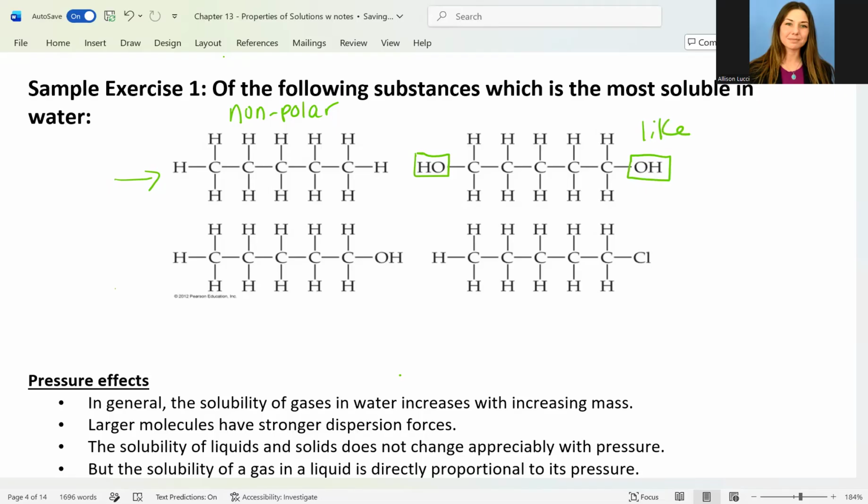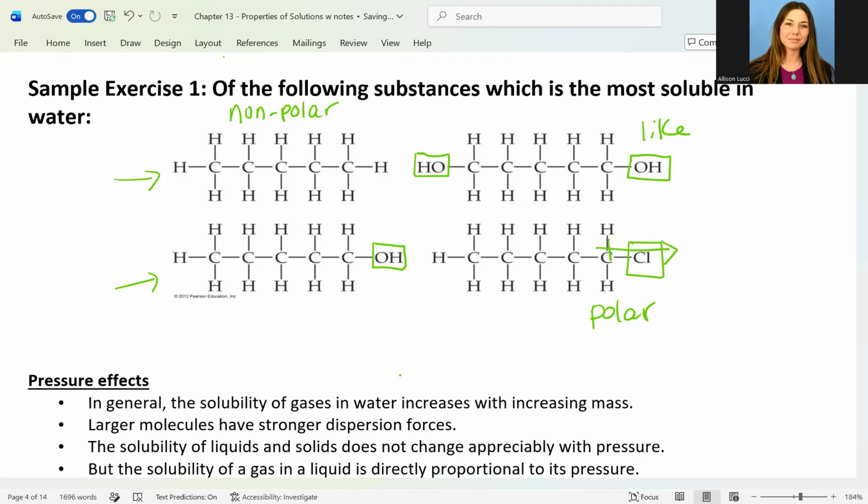This molecule down here on the lower left can hydrogen bond with this OH group here on the end, but the rest of the molecule is nonpolar. And then over here, I see all carbon, hydrogen, and then on the right side, I see chlorine. So we have a dipole here. So we have one polar bond. So this is similar to water, being that it is polar, but it's not as similar in the sense that